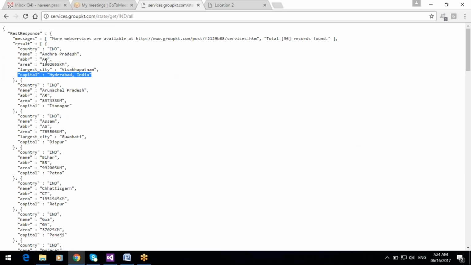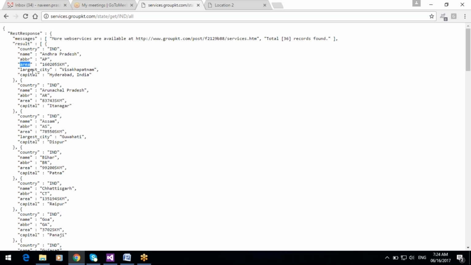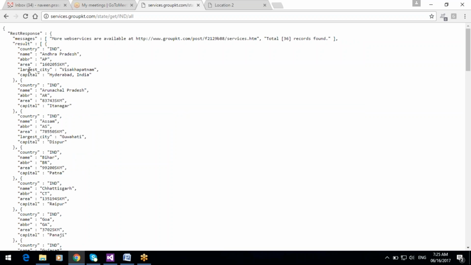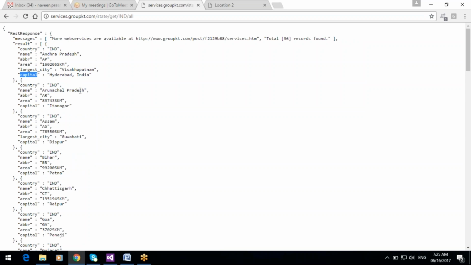So what we can display: area, largest city, and capital. Here we can remove this. Area, and largest city, and capital.